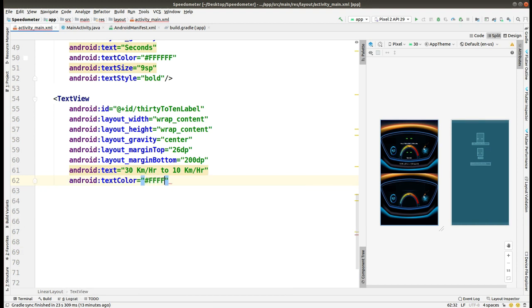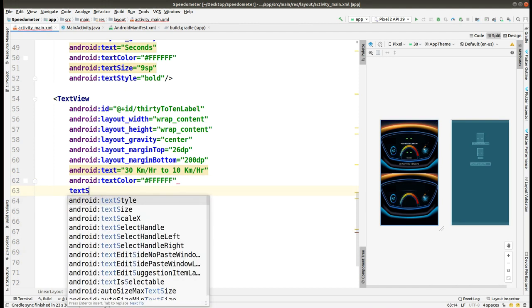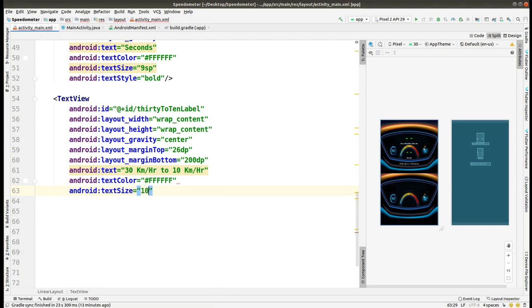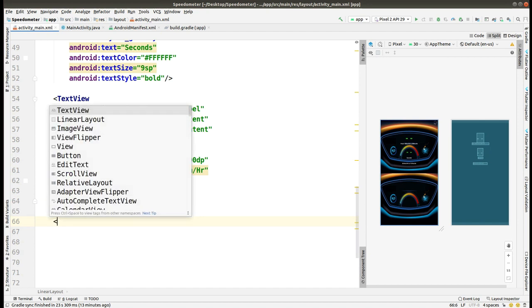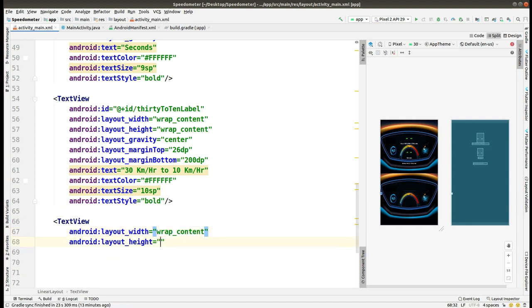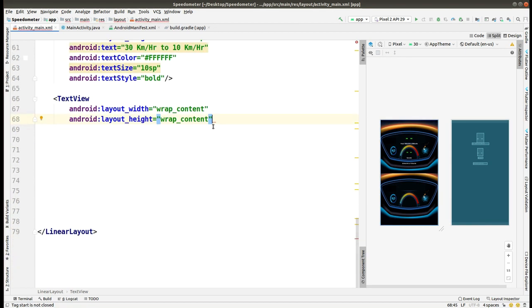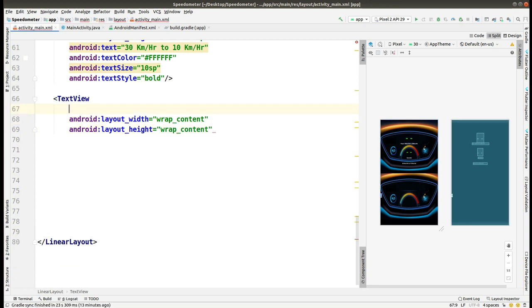As you can see on the right side of the screen, in this text view I have to give the text style as bold. So this is also completed. After that we will need 2 more text views. So we create another new text view here, and we have to give the ID for this text view. We will give it as 30 to 10 ID,